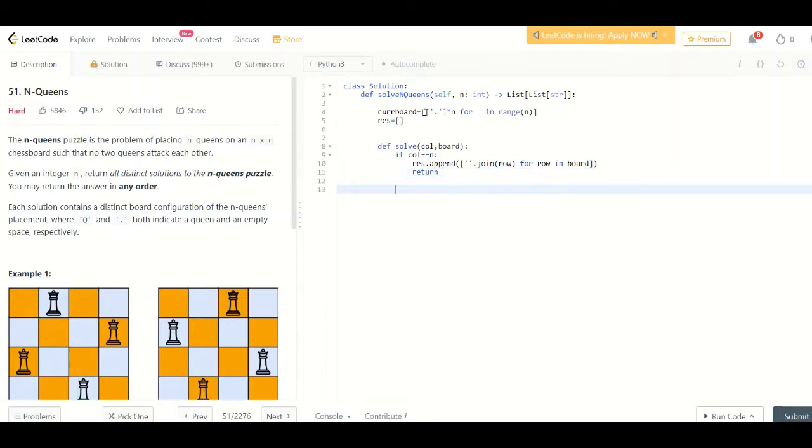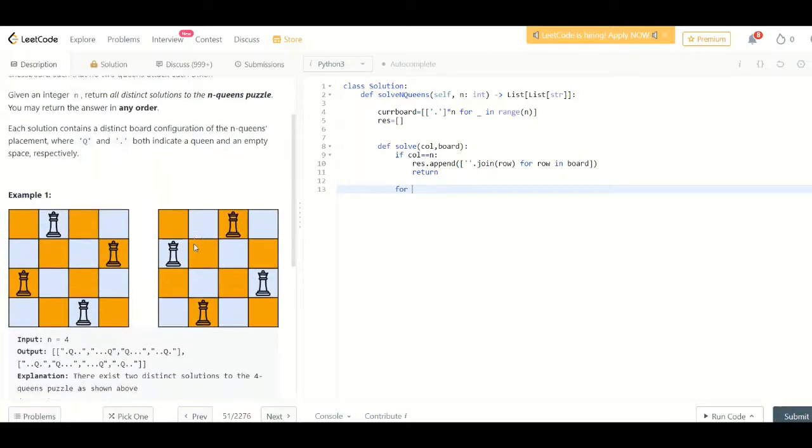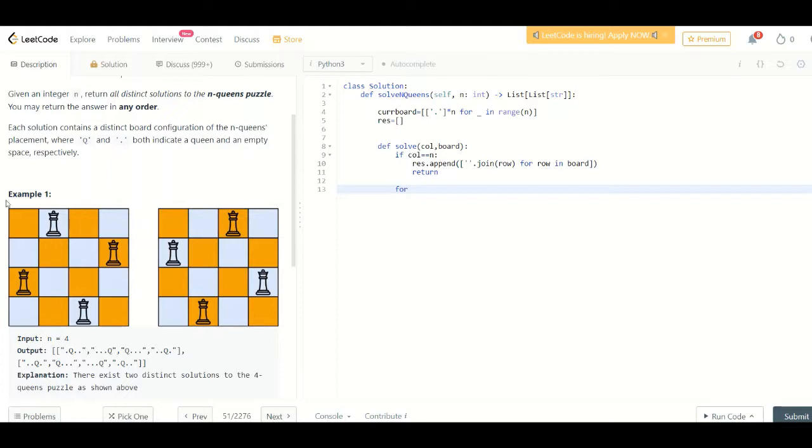And we need to return. Now basically we need to do it for all the rows as well, right? So obviously we need to go row by row. Okay, first we are going column by column. So we need to take into consideration all these cells, right? So for that, what we'll do, for row in range, and now to place a queen we need to check,